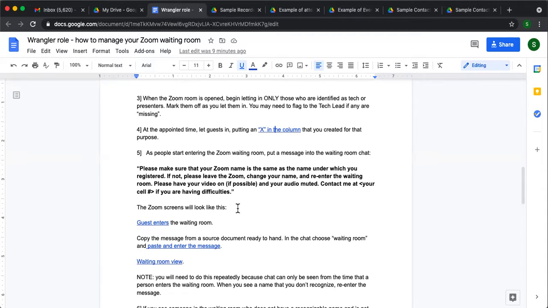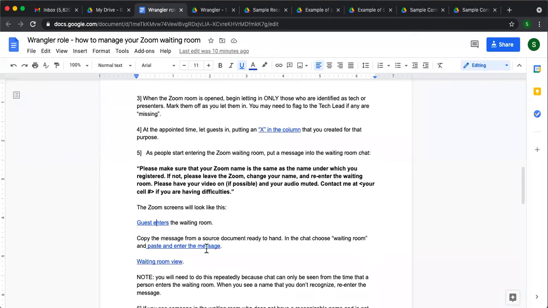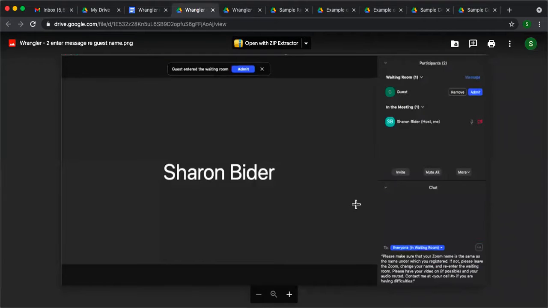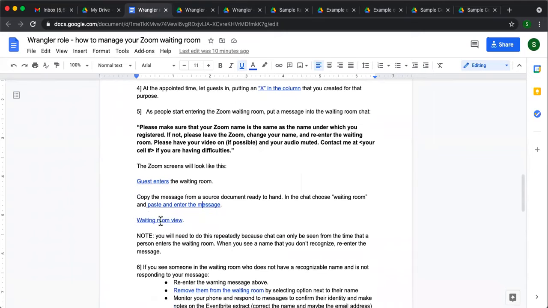So the process of entering this message will look like this. To begin with, you're going to see a guest has been entered into the waiting room, and you may not know how to identify them. They are not using the appropriate name. So what you're going to do is copy this message into the chat so that they can see it. And then what you're going to do, and that will give them